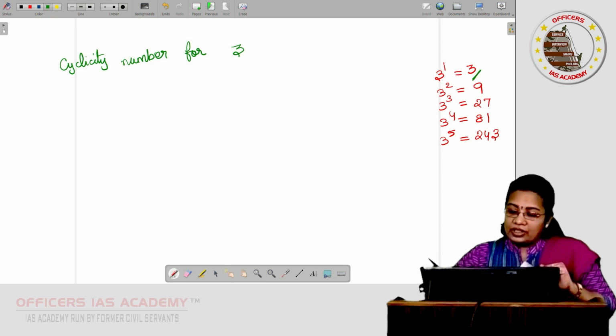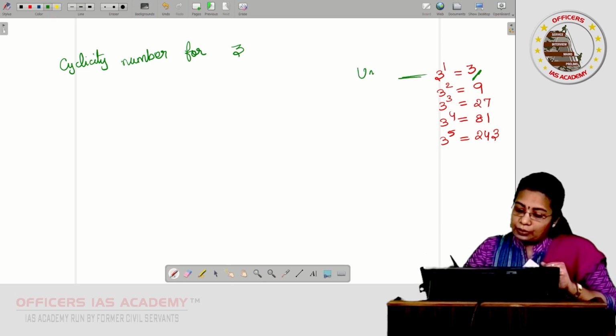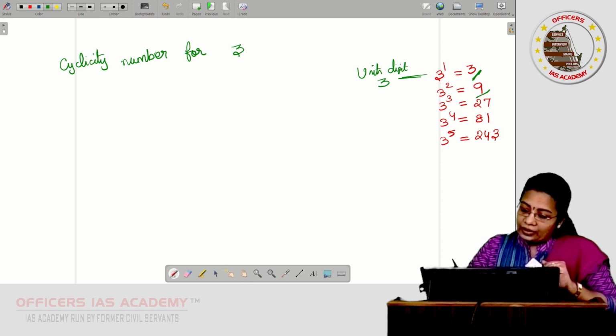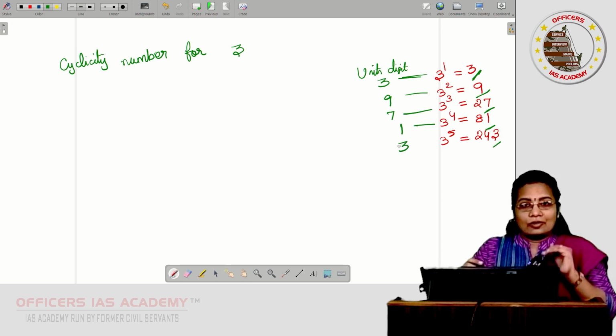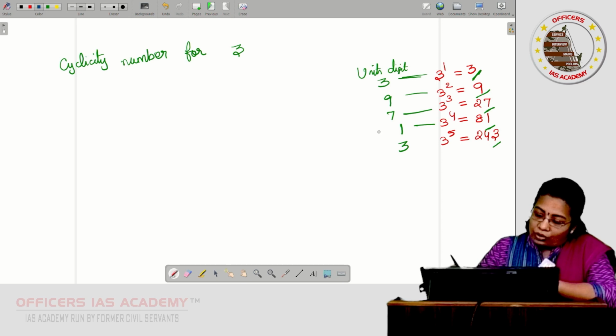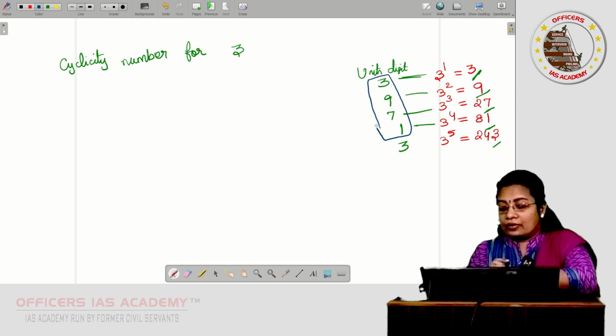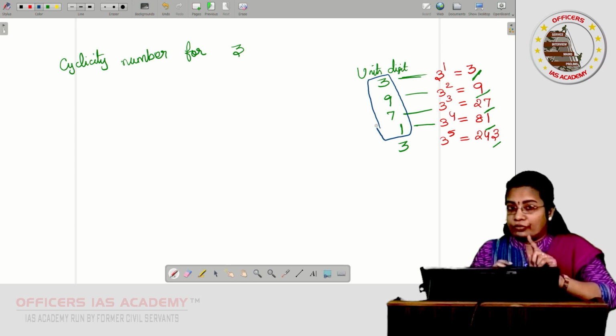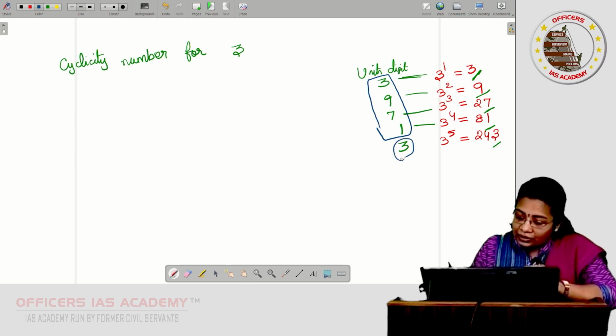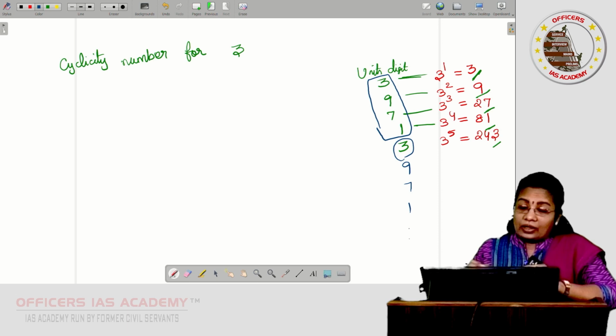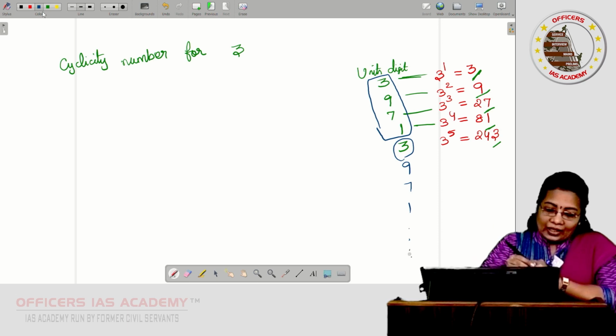Look at the units digit. The units digit means the last digit, as you all know. 3 here, 9 here, the units digit 7 here, units digit 1, units digit 3. What is the understanding? Here also the units digits repeat themselves within a period of 4 different numbers. So again 3, after that 9 will come, 7, 1. This is the sequence. So we can say the cyclicity number for 3 is